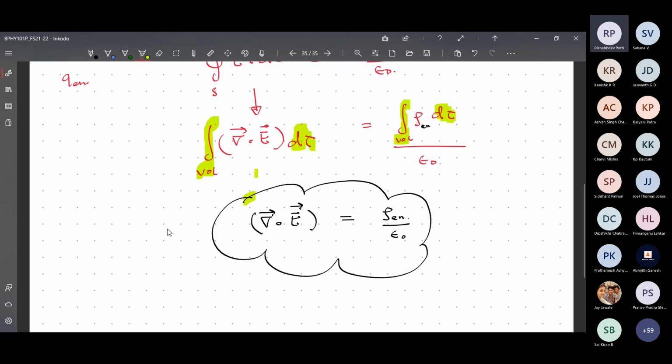And similarly for the other equations, I will write down the differential formats, and from there we will go for Maxwell's equations. And this wave equation is a vector wave equation, unlike the scalar wave equation you have studied in the strings. You can see the correlation between them.